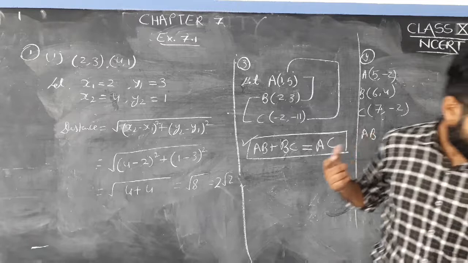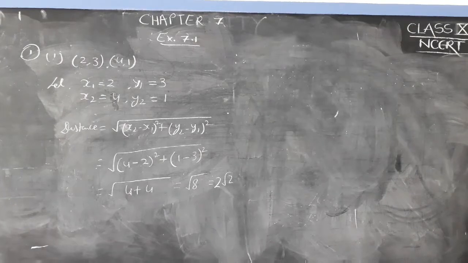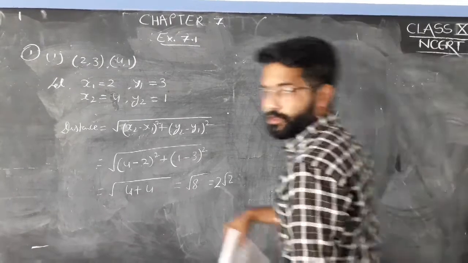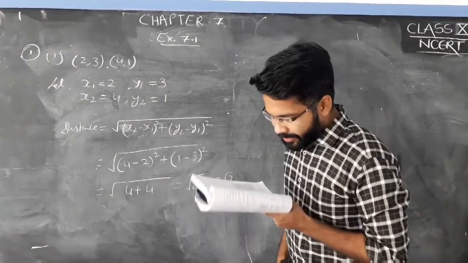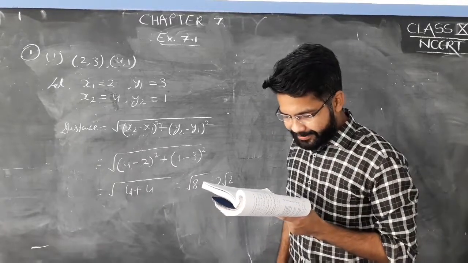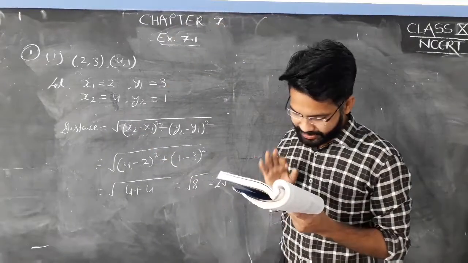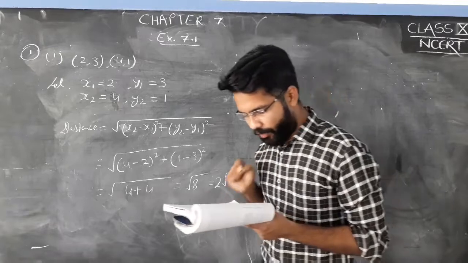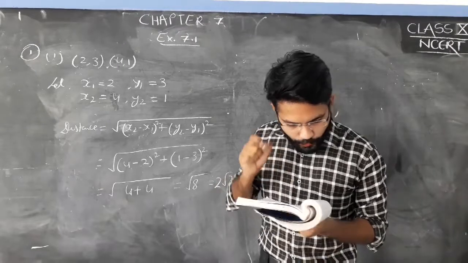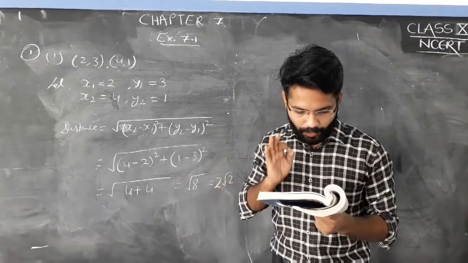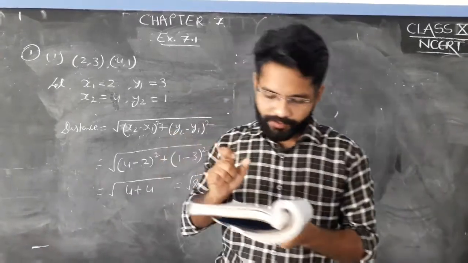Okay, now let's move to question number 5. Question number 5 is what? Let's go through your textbook. In a classroom, 4 friends are seated at points A, B, C and D as shown in figure number 7.8. Okay, Champa and Chameli walked into the class and after observing for a few minutes, Champa asked Chameli, "Don't you think ABCD is a square?" Okay. Then Chameli disagreed. Using the distance formula, find which of them is correct.